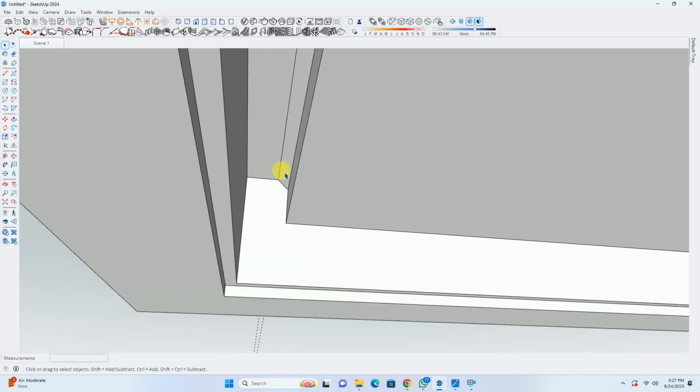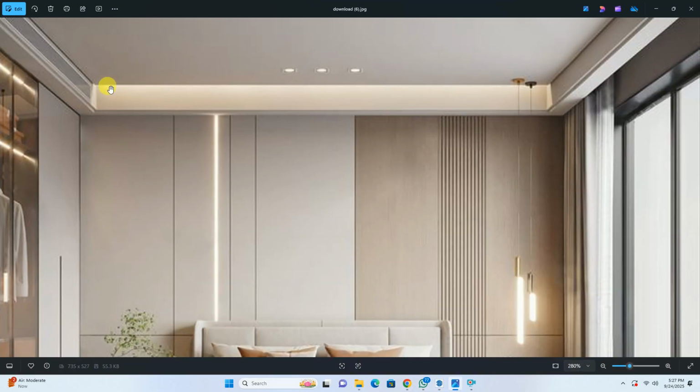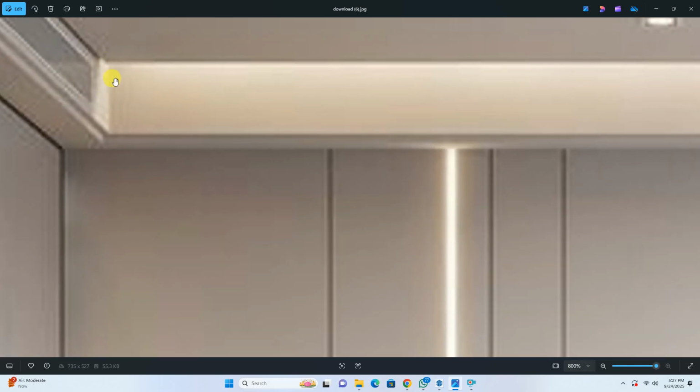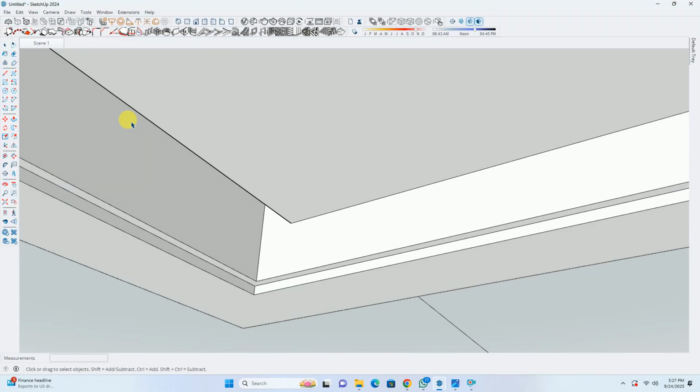So this angled slope is going to act as our light, so that it can reflect the light on this. You can also see that we are getting an angular kind of lighting effect over here. So for this, we have created an angular lighting setup.